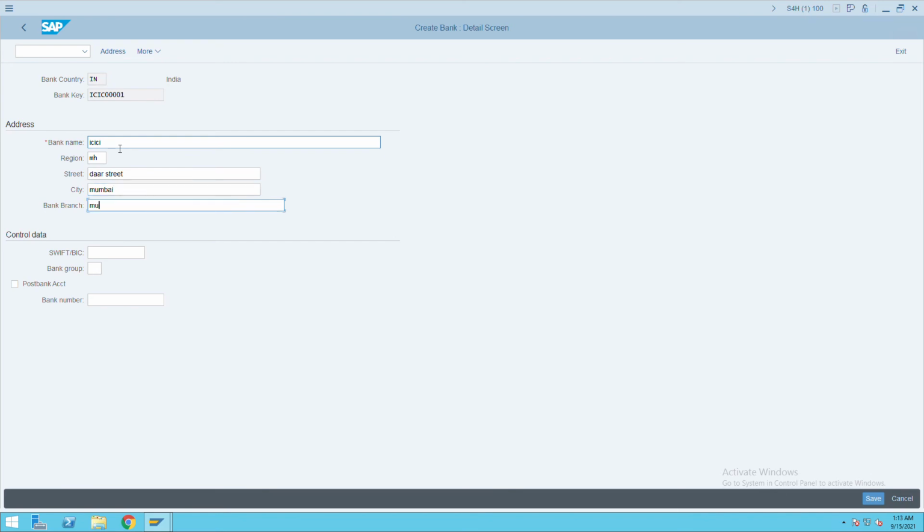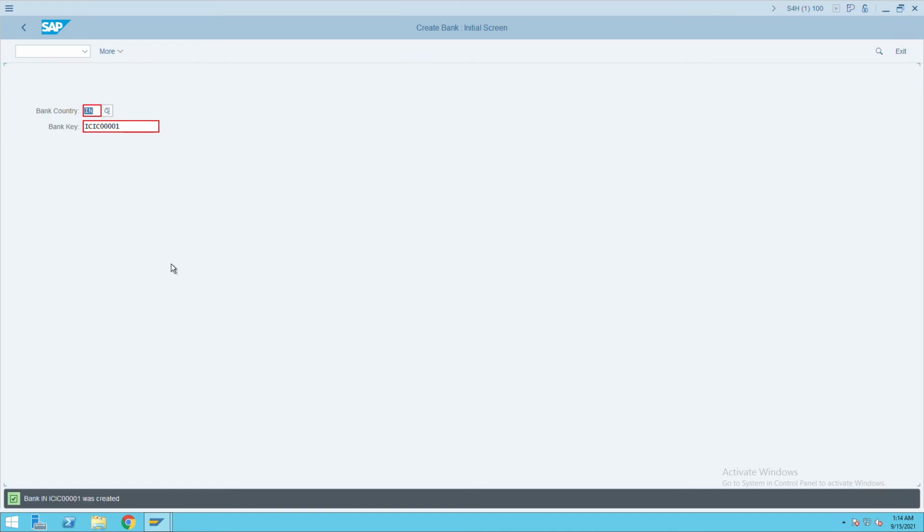Branch Mumbai, and we have created bank key ICIC 001. So how many zeros? 1 2 3 4 5, 4 zeros, and save. So we have created this ICIC, and now go to and create bank, or else if you want you can use FI12 underscore H bank,